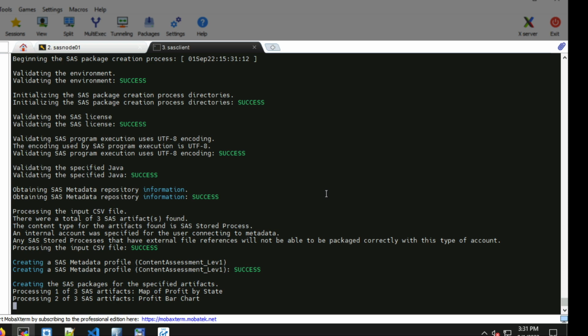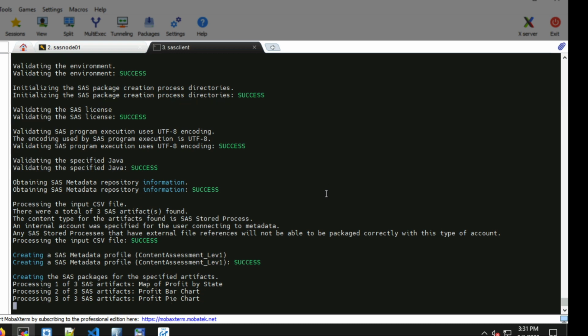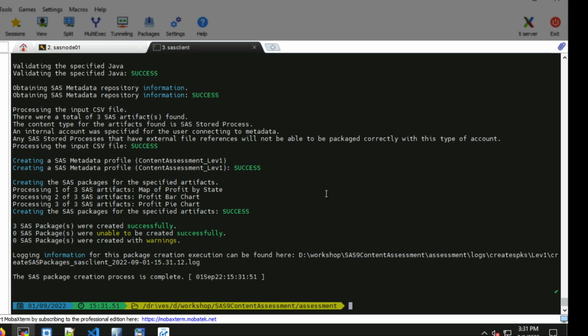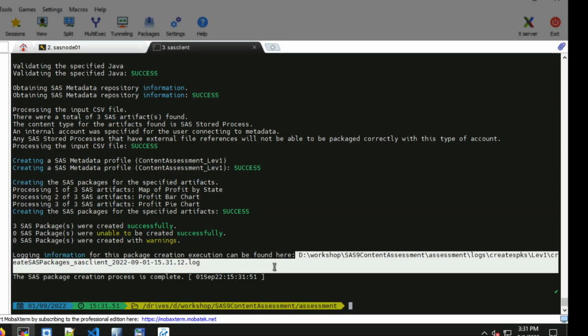So it's doing the 3 stored processes we had in our CSV file that we downloaded from the content assessment report. When it's done, we should be able to go over into the file system, into a directory within content assessment called SAS9 packages, which is the location where our packages will be exported to. It also outputs a log file. If you have any problems, you can check the log.